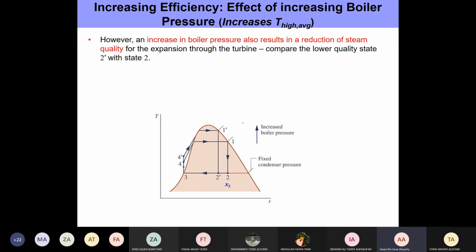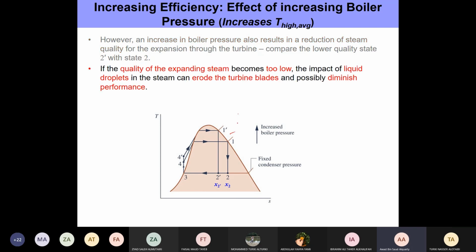The reason we want high quality is that when you have X values, let's say less than 0.65 or 0.7, we have about 30% mass of liquid water. And liquid water is not good for the turbine blades because it can cause a lot of erosion. It can chip off metals, and in simple terms, it can bring down their lifetime. Turbine blades are one of the costliest components in your entire power plant, and they are very delicate. You don't want to do anything that can damage them or bring down their lifetimes, because that just makes the power plant very costly to operate.